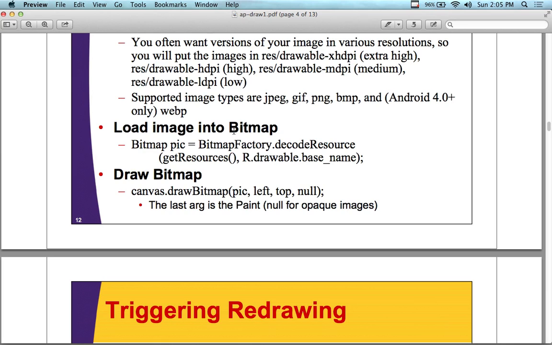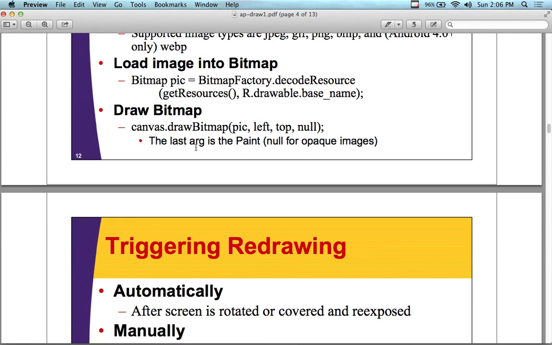We can also load images into a bitmap by going bitmap pic. Pic is going to be the name of the image variable that we're creating, and then BitmapFactory.decodeResource. We're going to decode the resource to put it into a format that's going to be compatible with a bitmap. It's automatic conversion for us, so it works flawlessly normally, so we can definitely use that to populate images throughout